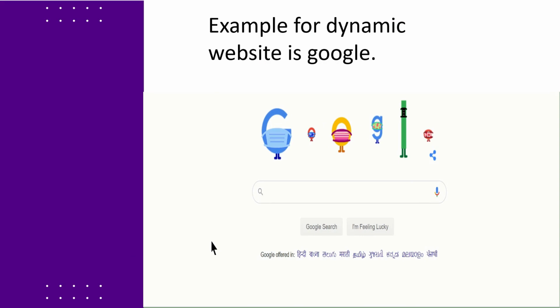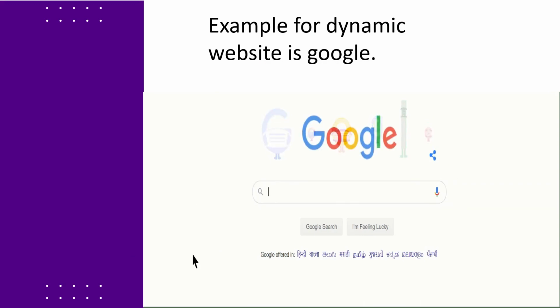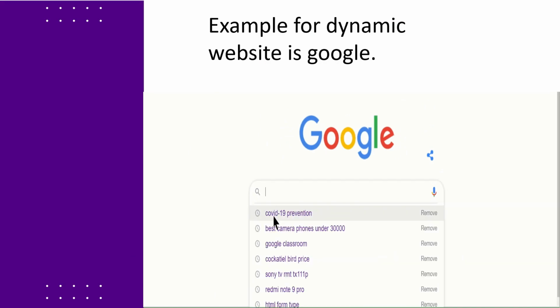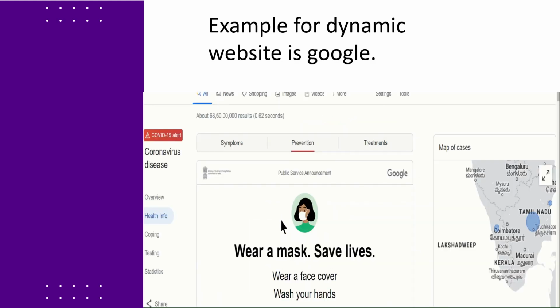The best example for a dynamic website is the Google website. Here we can enter our keyword, and in real time we will get the response from the server. So we can enter a search word, keyword or our query in the search box. It will be sent to the server, and from the server we will get the answer.